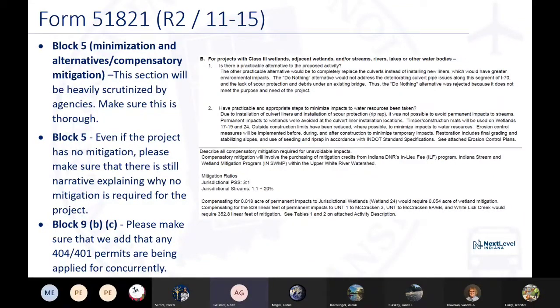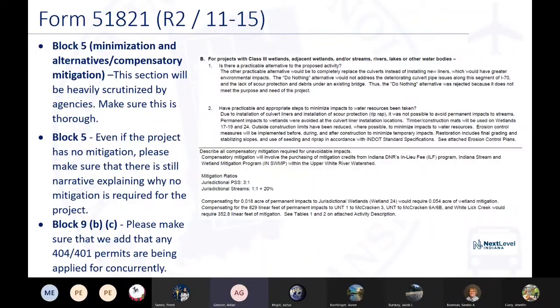So first, in Block 5, which is the section about avoidance, minimization, and mitigation information, we just want to highlight the importance of being especially thorough in your responses for this section, because this section is closely scrutinized by the agencies. Even if the project does not have mitigation, it's important to make a clear case explaining why it's not required.